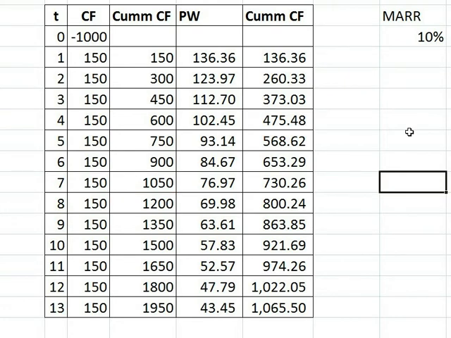A more complete representation would include the time value of money, in which if the minimum attractive rate of return is 10%, we discount each one of the cash flows by 10%, as we have seen in the past, and these present worths for each one of these cash flows are added up together until we get the $1,000 back. So for the first year, the discounted value of $150 for the first year is $136.36. The present worth of the $150 of the second period, when brought back to t equals 0, is